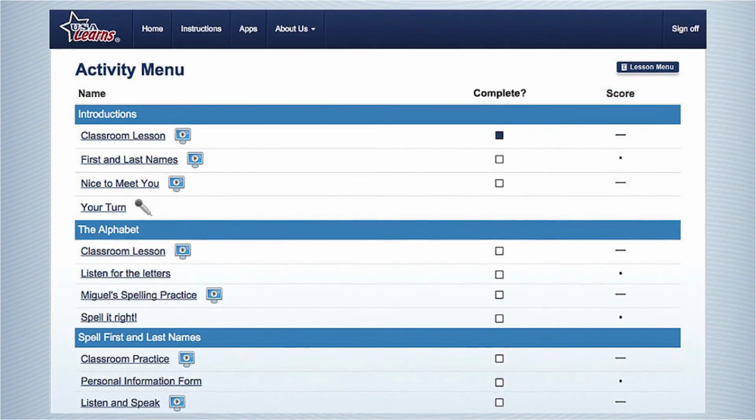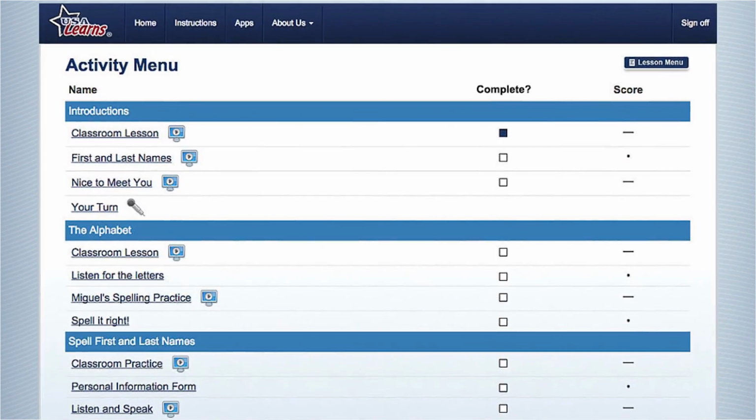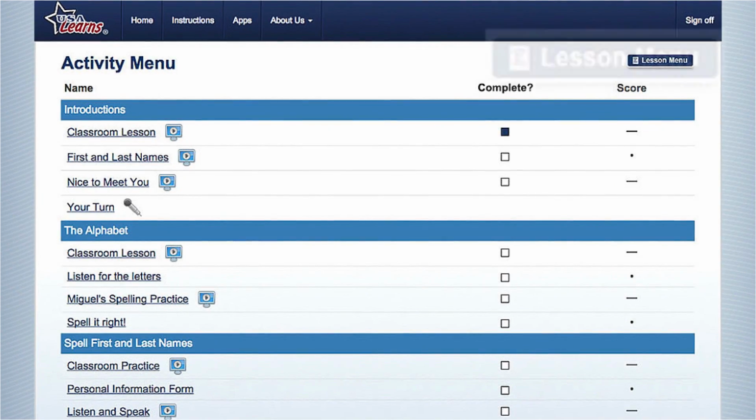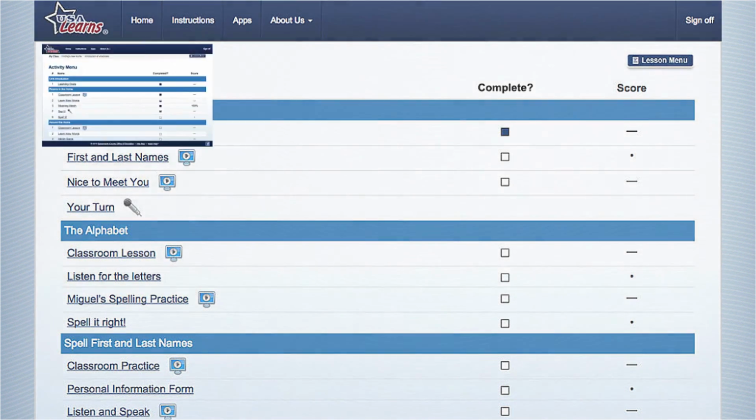If you want to select a different lesson, unit, topic, or English course, select the menu link located in the top right corner of the page. Depending on the page, the link will say Lesson Menu, Unit Menu, Topic, or Course Menu. In this example, the Lesson Menu link will open the lesson list.